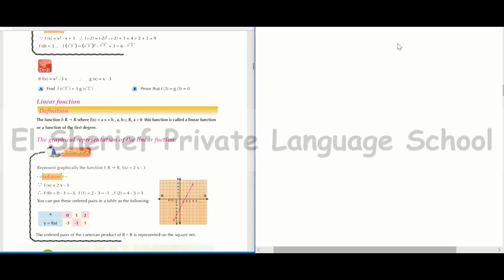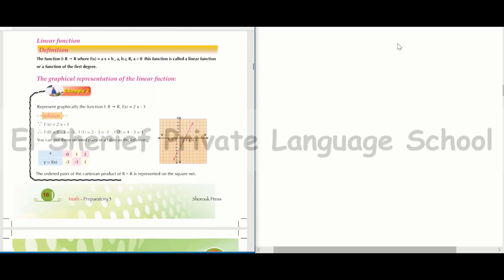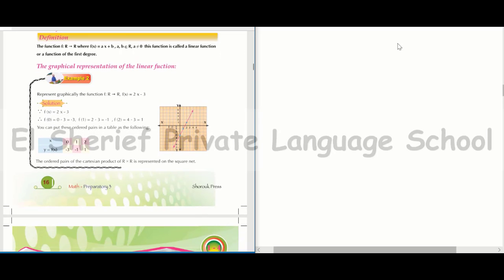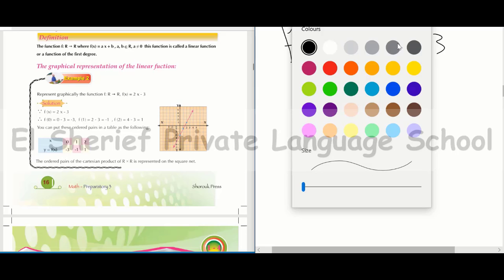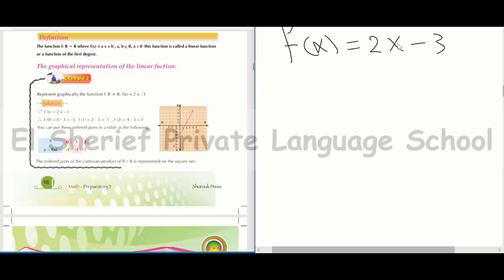Example for linear function in your book page 16. Represent graphically the function f from r to r, f of x equal 2x minus 3. F of x equal 2x minus 3. This function, its domain r and also its codomain is r. We want to represent it graphically. How can we represent it graphically? We can